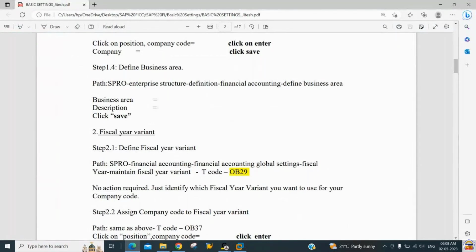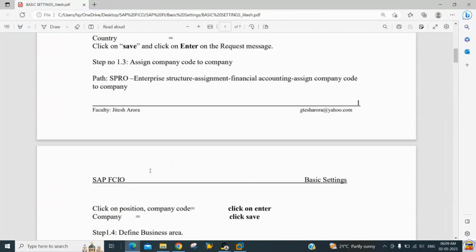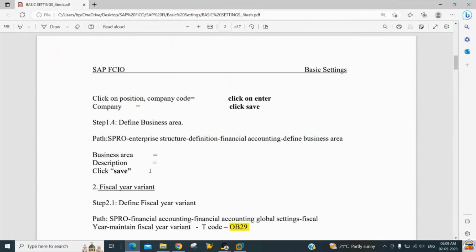So if I compare with the company code, both are organizational units. Your company code is an organizational unit. Your business area is also an organizational unit. But what's the difference? The difference is your company code is a legal entity. Your business area is not a legal entity. And this company code you will be defining for the external reporting. On the other hand, this business area we will be defining for the internal reporting,